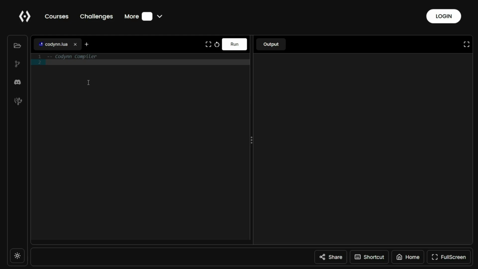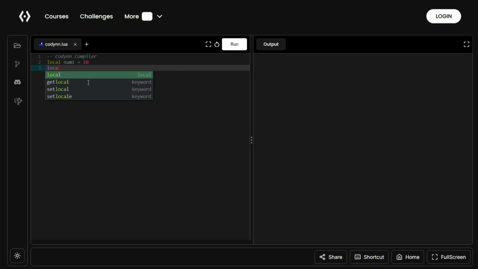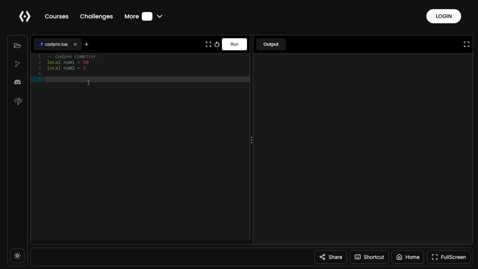Arithmetic operators allow you to perform basic mathematical operations on numbers. So we're gonna create two variables that store two numbers. First is num1, which stores 10, and the next is num2, which stores 5. Now I'll use a bunch of operators to print out the results of operations. So print num1 plus, this is the addition operator, num2, and likewise print num1 minus num2,